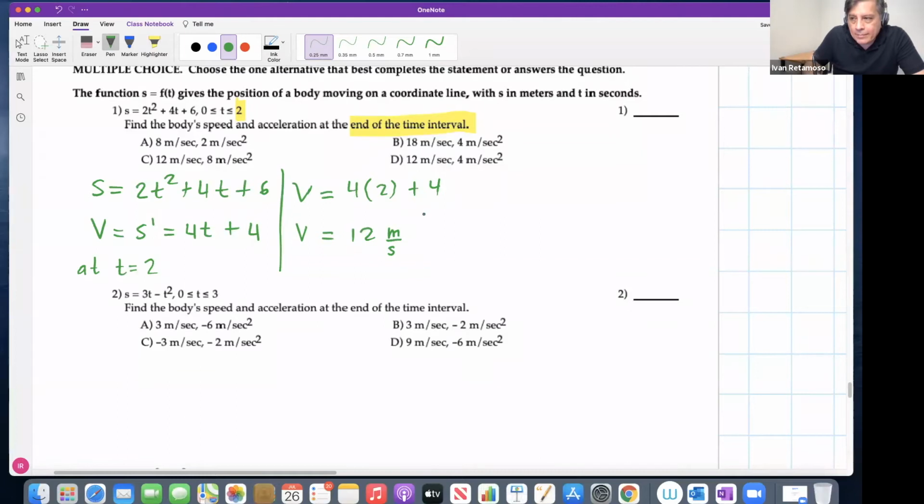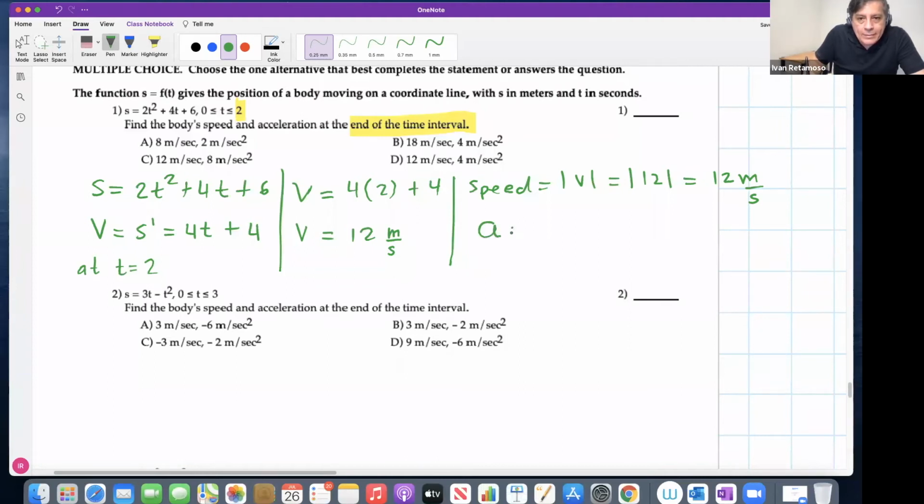This is the velocity. Now, they want the speed, but no problem, the speed is just the absolute value of the velocity. So the absolute value of 12 is just 12 itself. It's positive meters per second. So done with the speed. Now they want the